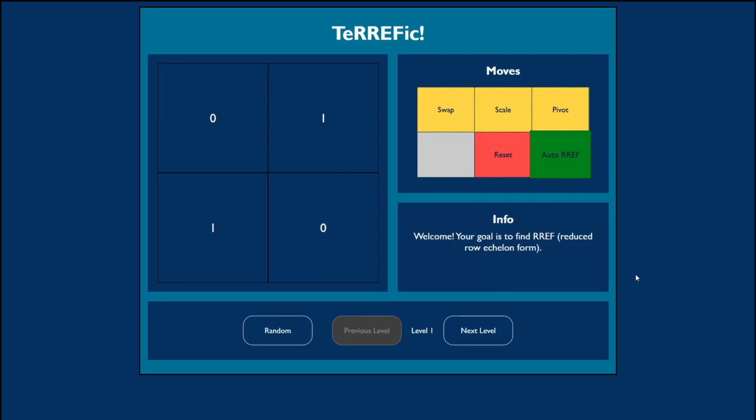Alright, so this is my project called Terrific, which sounded a lot cooler in my head. This is a tool that's supposed to help you learn linear algebra. One of the concepts in linear algebra is finding the reduced row echelon form of a matrix, and you do this through elementary row operations like swapping, scaling, or pivoting. So this is a tool that's supposed to help you learn and understand what these things